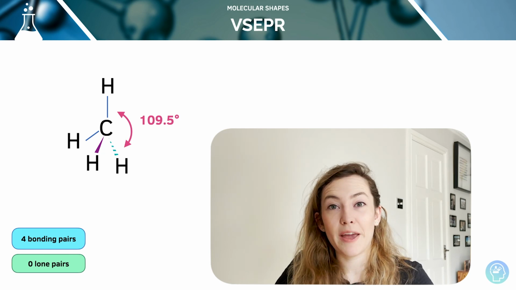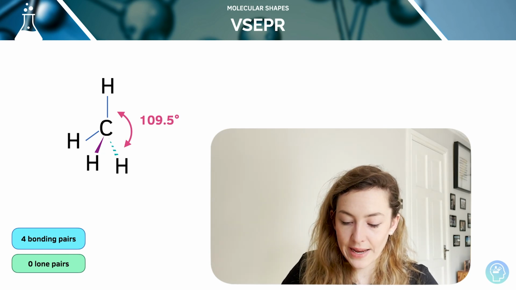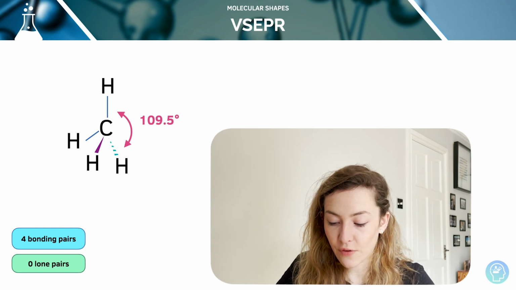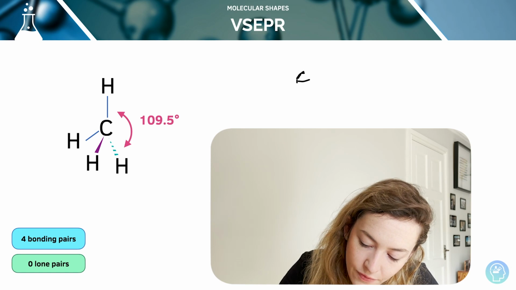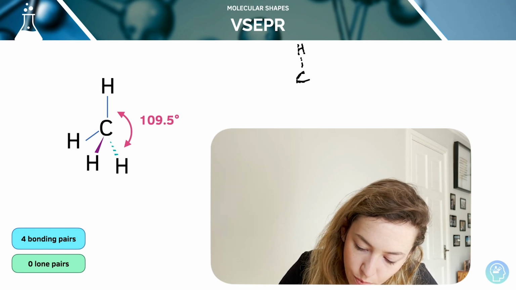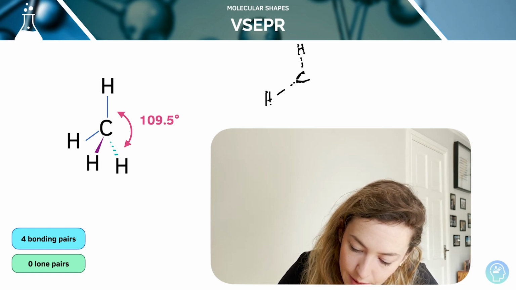Then we've got methane. So with methane, we've quite clearly got 1, 2, 3, 4 bonding pairs. Okay, so 4 outer electrons. Now, if you're on OCR, you have to be quite careful with your structure,